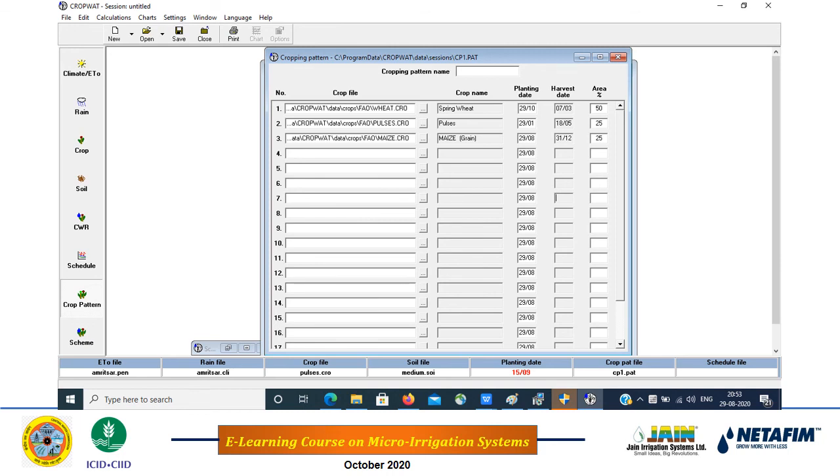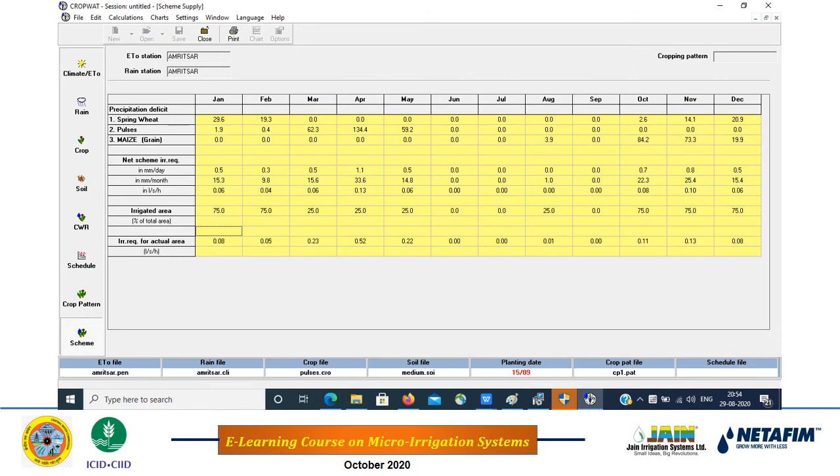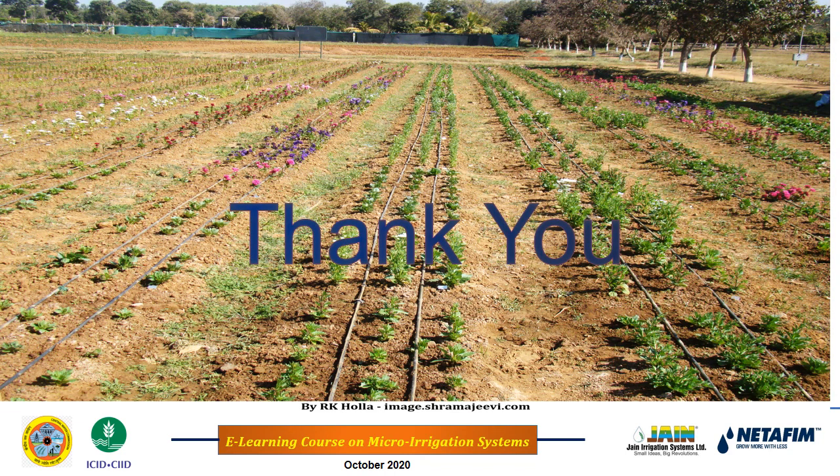And then when you move to the scheme, you get crop water requirements at different times corresponding to different crops, and what is the net irrigation requirement, and what is the area for which you are providing the irrigation. So this is how you use this CropWat and ClimWat of FAO, and